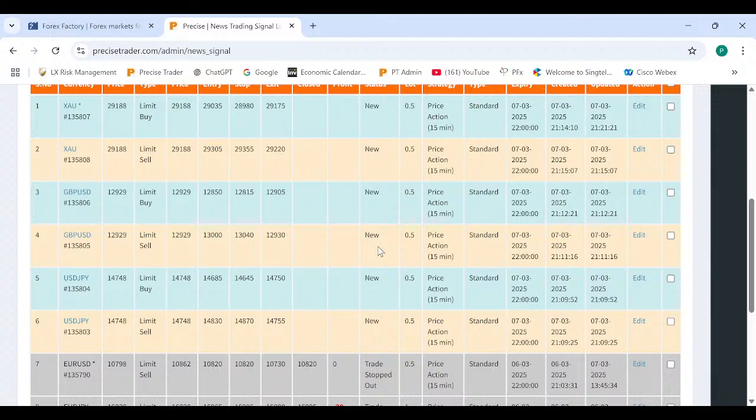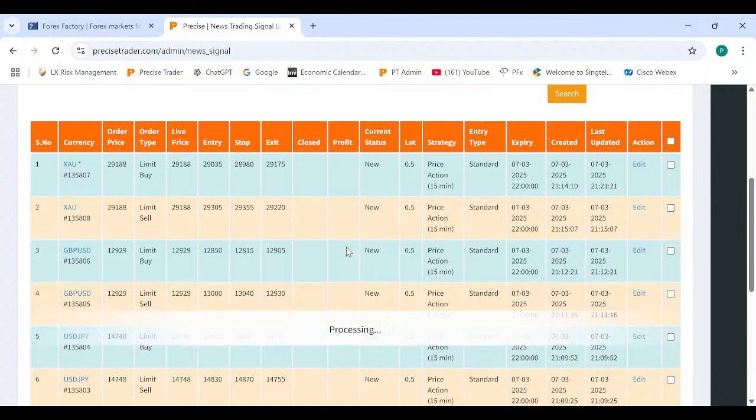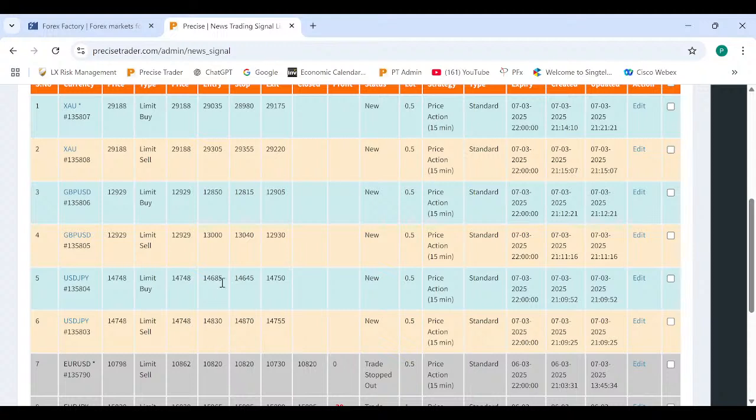Okay, so we have another 6 more minutes. Okay, and we have put in gold buying at 2903 half, and gold selling at 2930 half, pound buying at 128.50, pound selling at 130, and dollar yen buying at 146.85, and dollar yen selling at